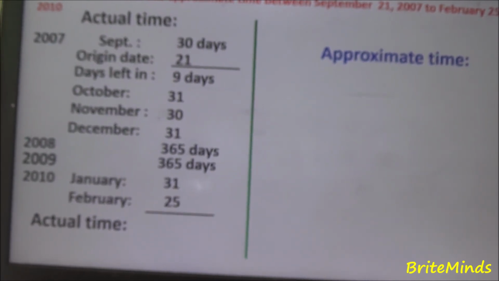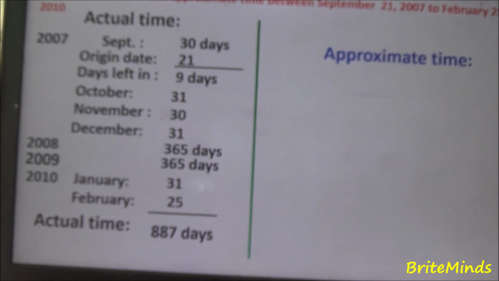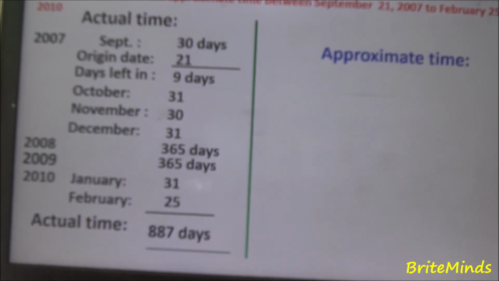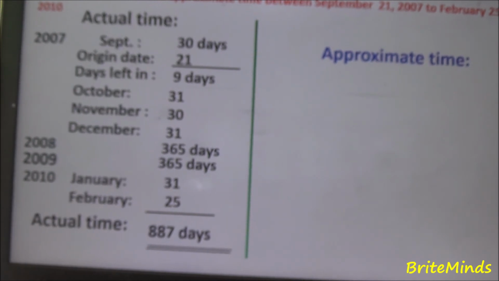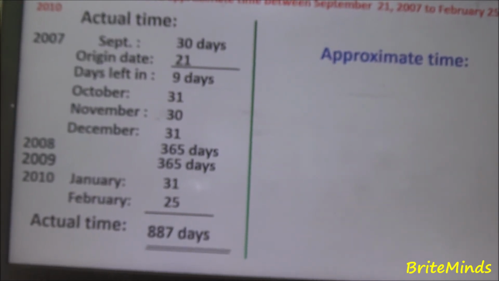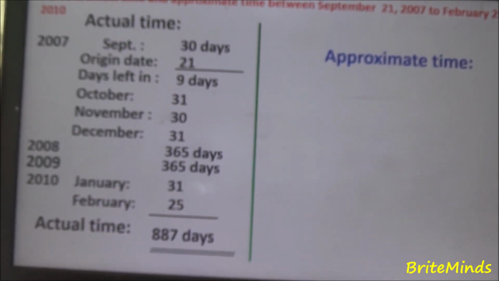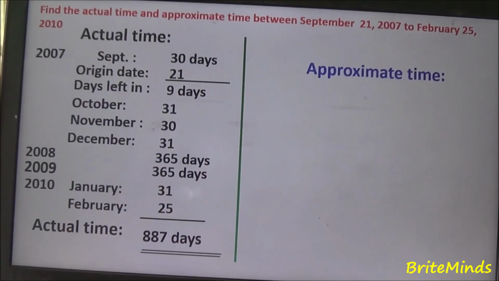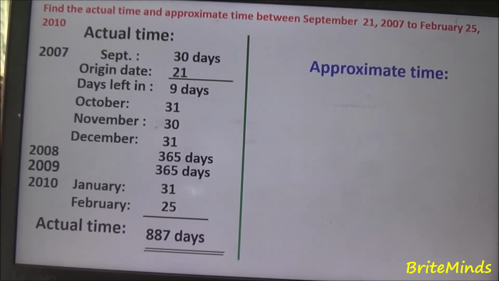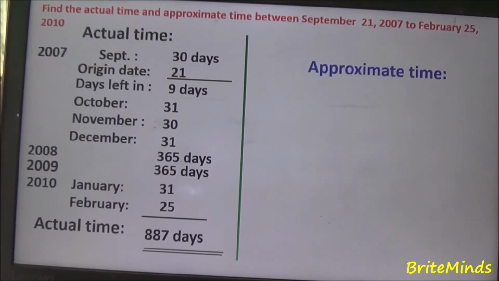So the total time is 887 days. So this is the actual time between September 21, 2007 to February 25, 2010. And then we proceed to determine the approximate time.